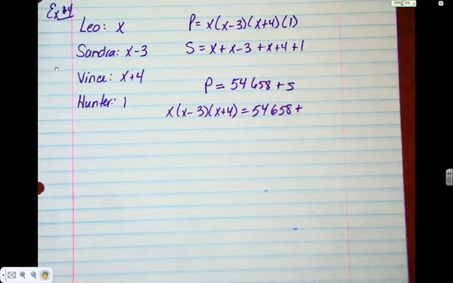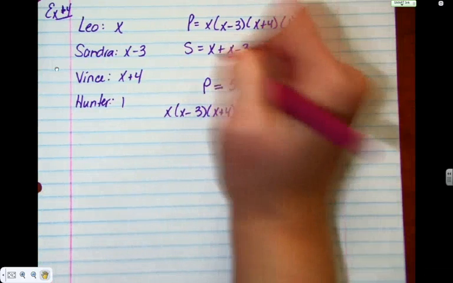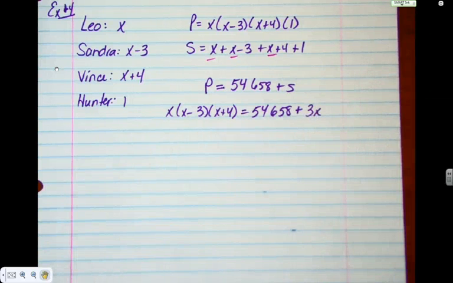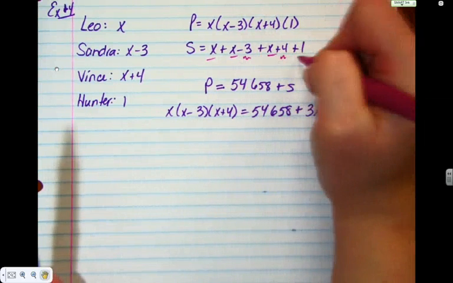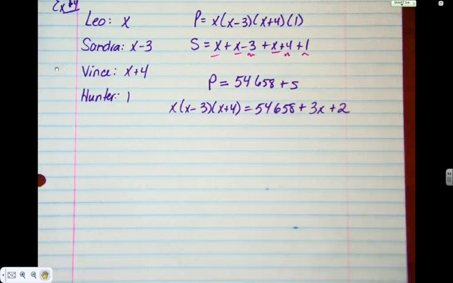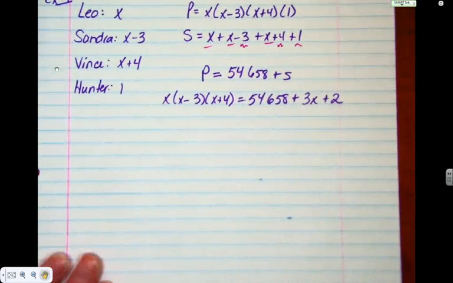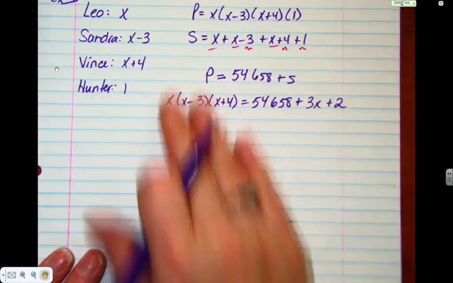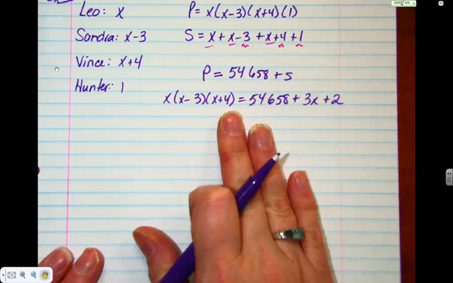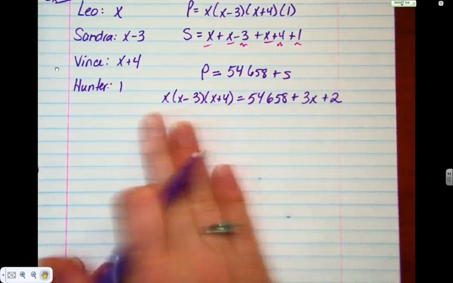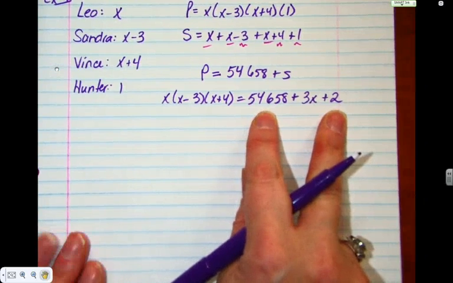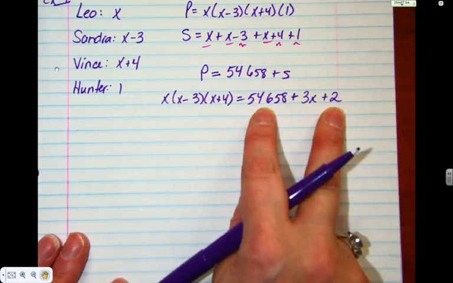And let's simplify this one up because we got a lot of x's hanging around. So how many x's in total do we have? And the constants, I've got -3, +4, +1, for a total of +2. So just looking at this, would you like to solve it algebraically or would you like to do it graphically? Okay, so do we need to multiply out this side? No, so don't waste your time multiplying out if you don't need to. We could simplify this side because it's easy enough. So let's do that. If I add my 54,658 plus 2,